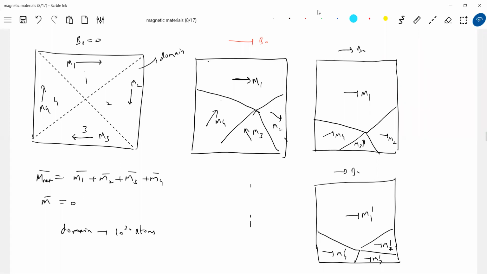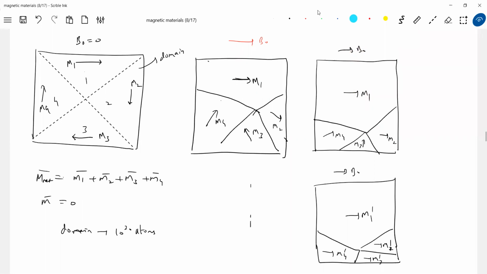When I keep this ferromagnetic substance in an external magnetic field, one of the domains whose dipole moment is in the direction of the external field will align itself, and it will force the other domains to align their dipole moment in the direction of the external field. Also its dominance will increase. It will pull some atoms from other domains and make them align their dipole moment in the direction of the external field. Like that, its area also increases. This happens as I keep on increasing the external field.